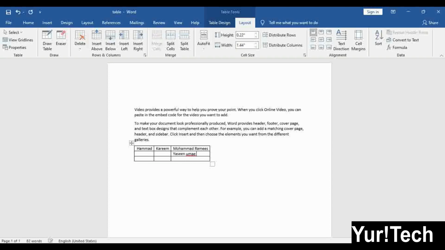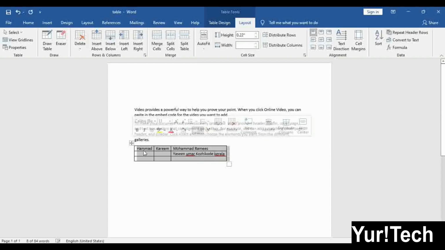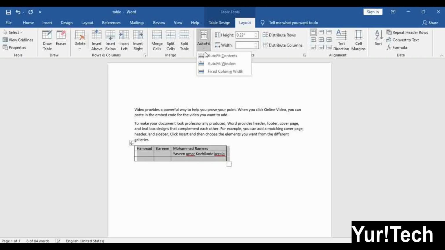Yasin, Umar, Kerala. After applying auto fit content, if I write anything, this column will go forward, means my column will increase on the right side. But if I select this table and apply fixed column width,